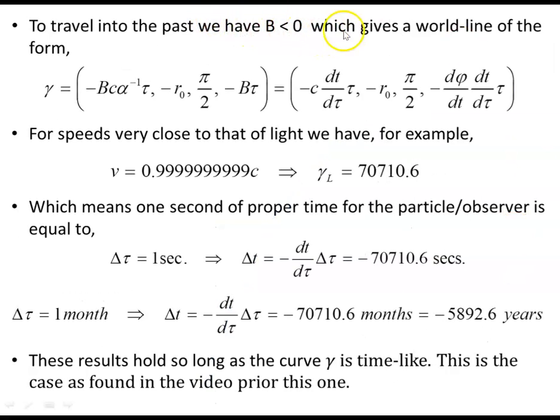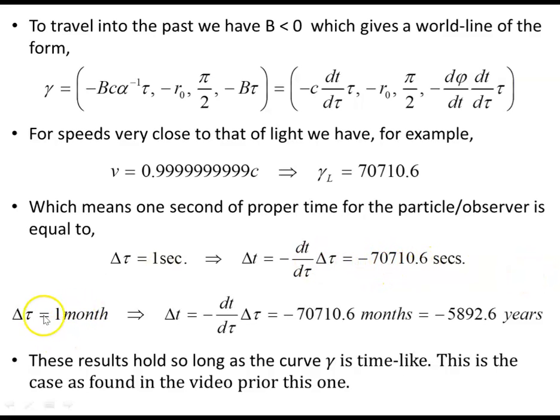To travel into the past, we have b less than 0, which gives a world line of this form. This comes from the previous video. So for linear speeds very close to that of light, for example 0.99 with about 10 nines, very arbitrarily close to the speed of light, our gamma factor becomes 70,710.6, which means for 1 second of proper time for the observer in our spaceship, a distant observer will record delta t, and we'll find minus dt d tau, which is gamma times delta tau,